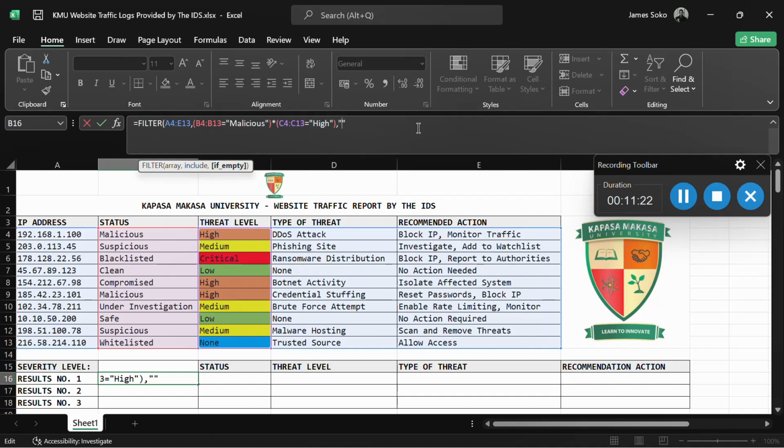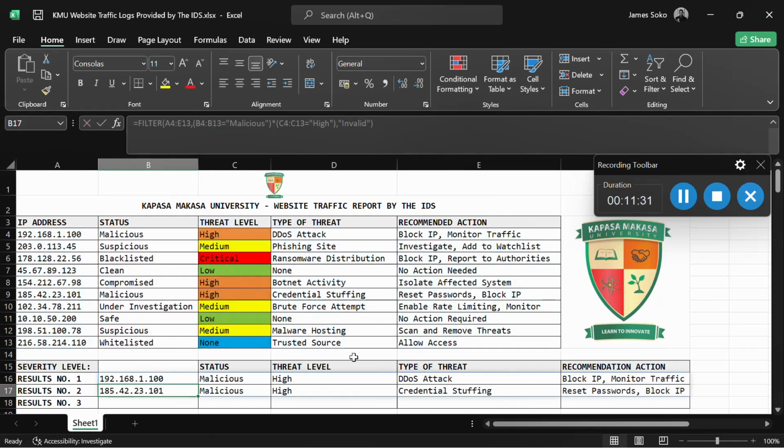So again, maybe we can comment invalid or anything you'd like, then you close that. So once I press enter, you can see that our filter has searched for something which has a status of malicious and threat level of high, ignoring this threat level which was actually compromised.